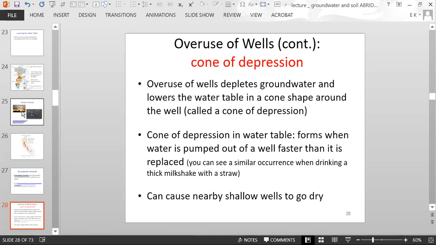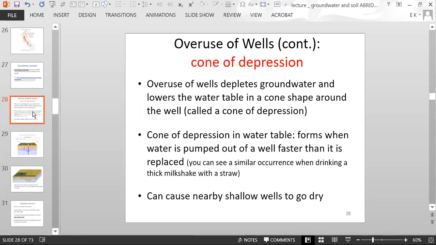So within that topic of overusing wells, we have the concept of a cone of depression. Overuse of wells depletes groundwater and lowers the water table in a cone shape around the well. That is called a cone of depression. A cone of depression in the water table forms when water is pumped out of a well faster than it is